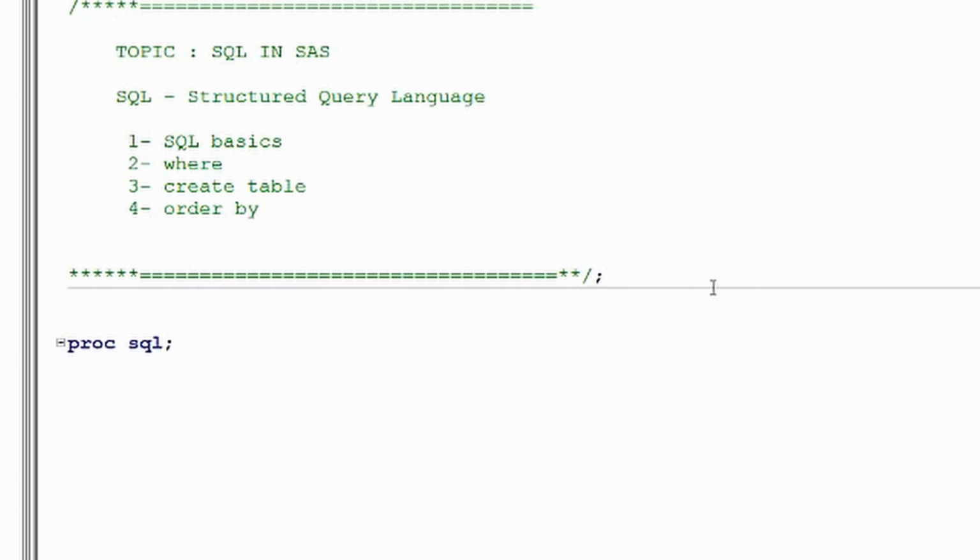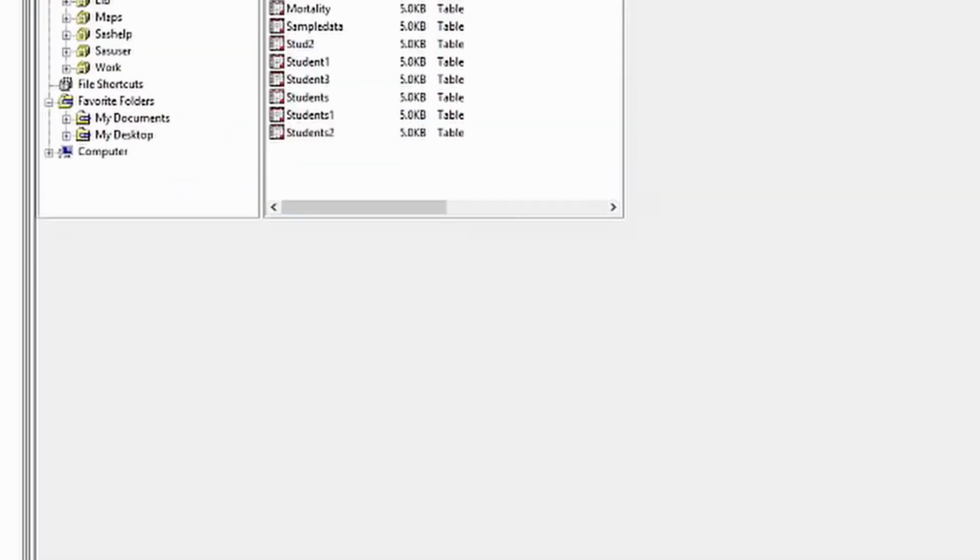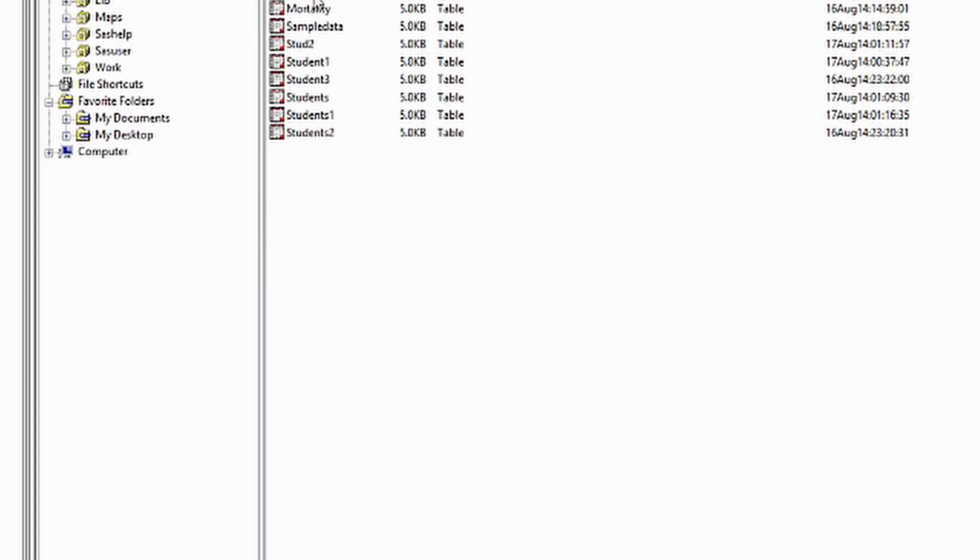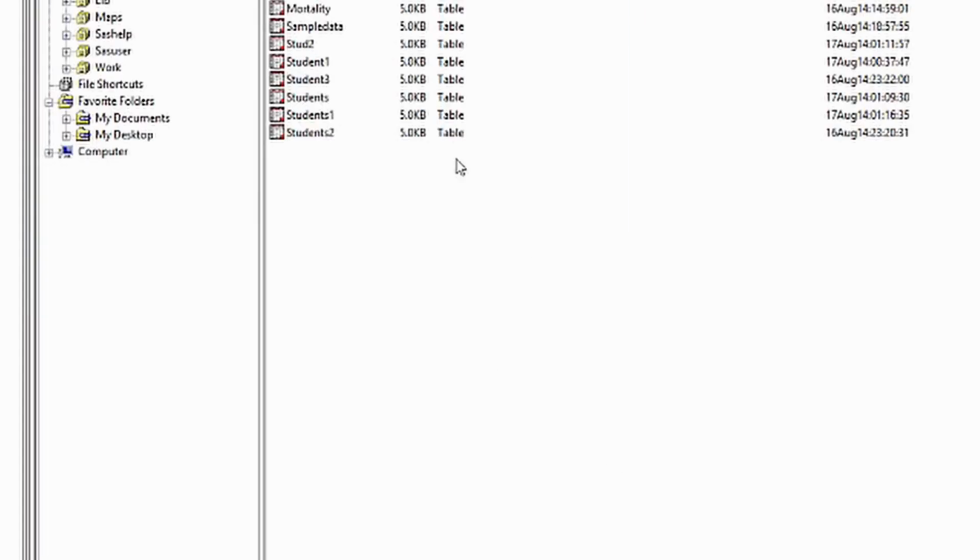The first thing that we learn in SQL is the select statement. I have a data set in the work library. Let me see what is there. I'll use mortality.